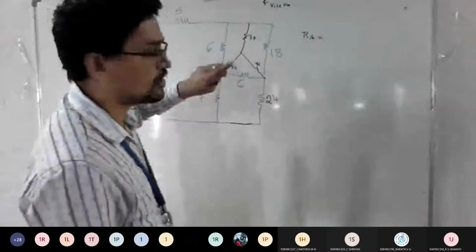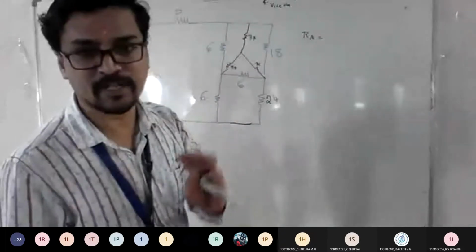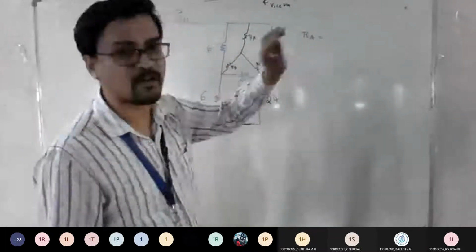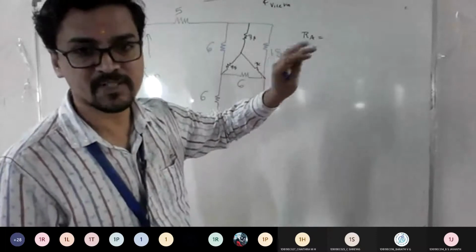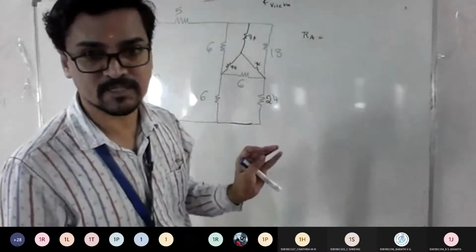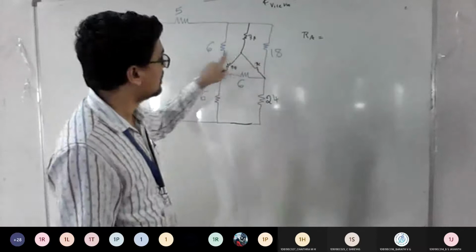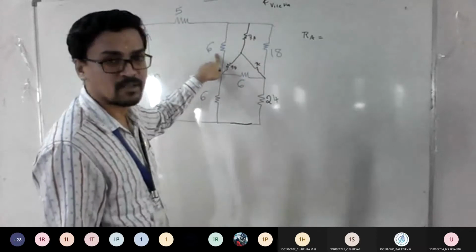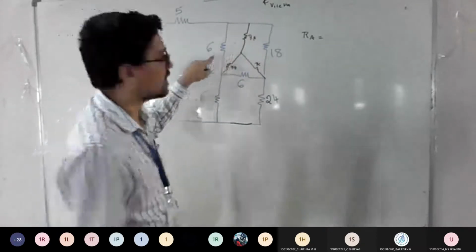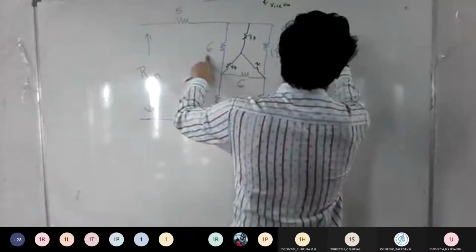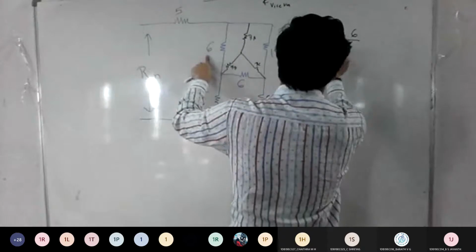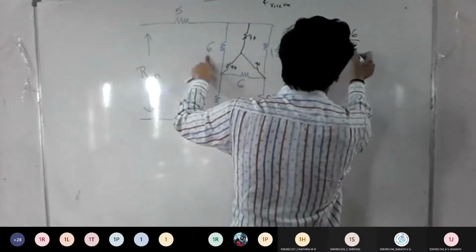Okay. So only for the first time, since you want to get practice, try to write the formula and write separately. Otherwise, you'll get confused and you'll get a mess of all this, right? So if you want to get this, I need to multiply these two and divide by sum of all. Correct? So RA is equal to 6 into 6 divided by 6 plus 6 plus 18.